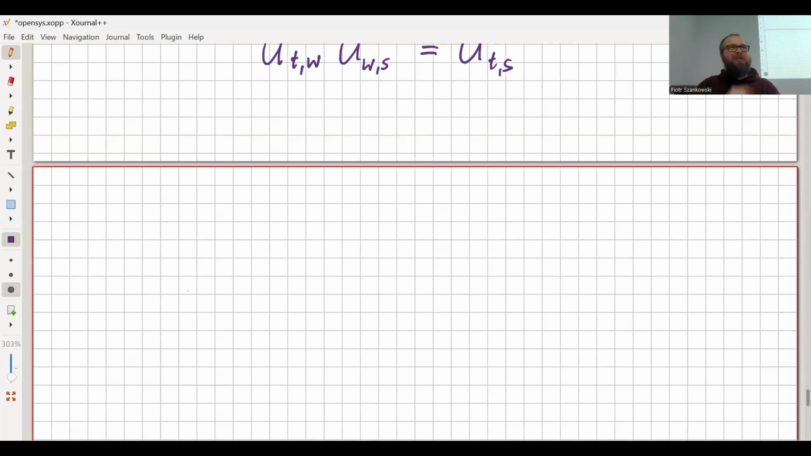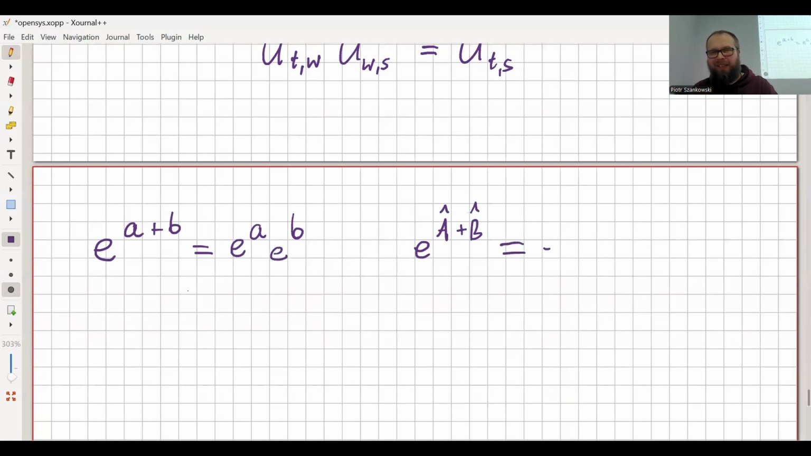All right, so first thing to note, if you take exponent of two numbers, you know that this bad boy factorizes like this. You can say, okay, this is like a composition rule, kinda, for numbers. But if you take exponent of two operators, and you would like to factorize it as well, this is not so easy when A and B